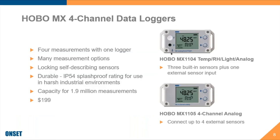So that's kind of an overview of the product family. Now I'm going to talk specifically about the MX 4-channel data loggers. These include 4 measurements in 1 logger, and a lot of flexibility in terms of the measurement options. The basic